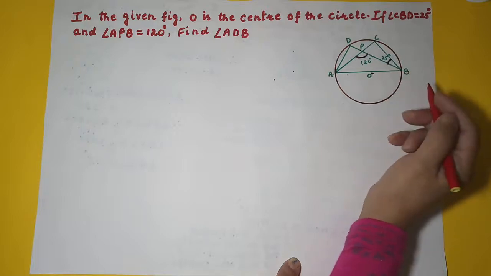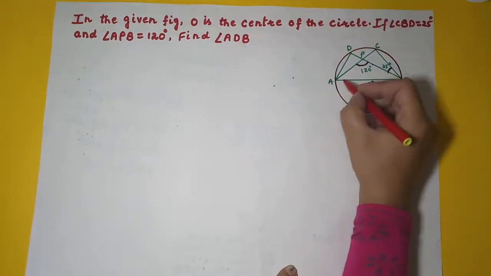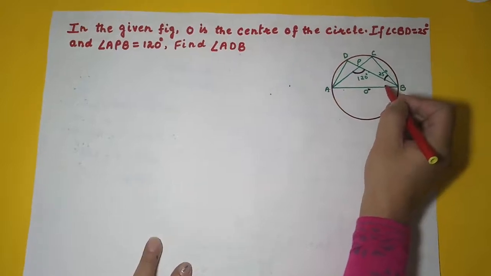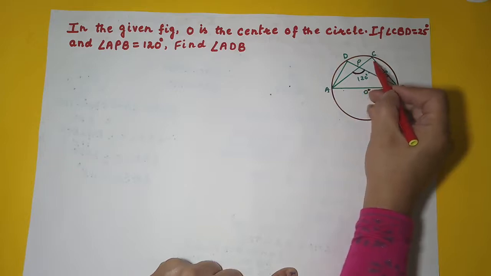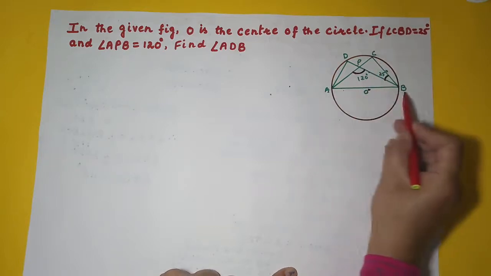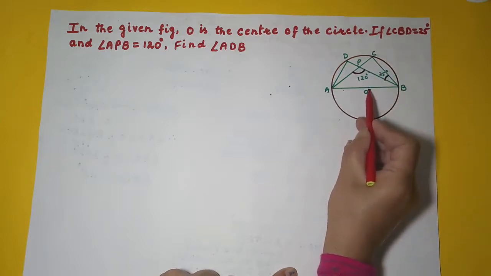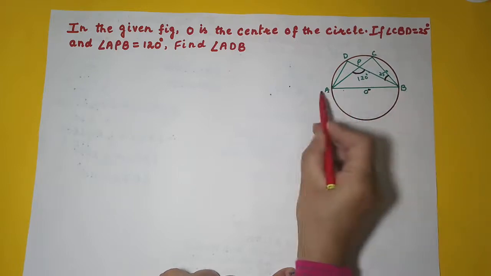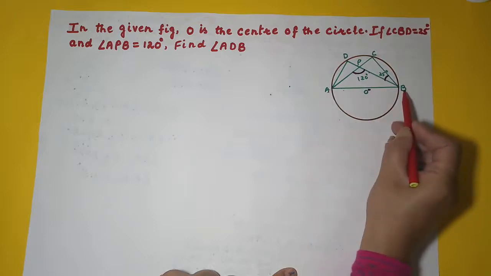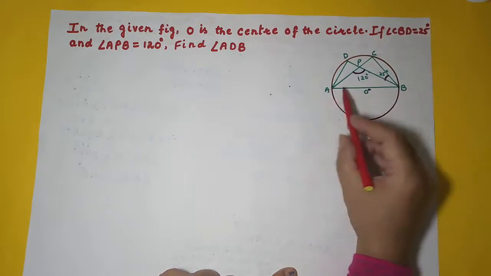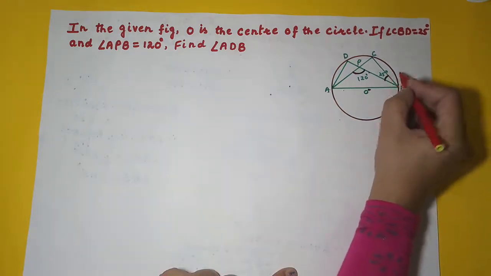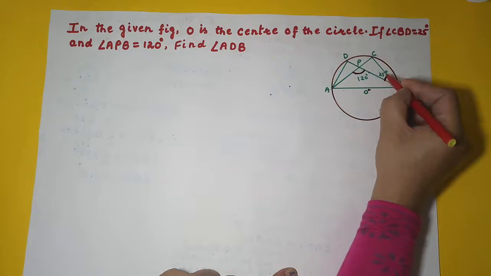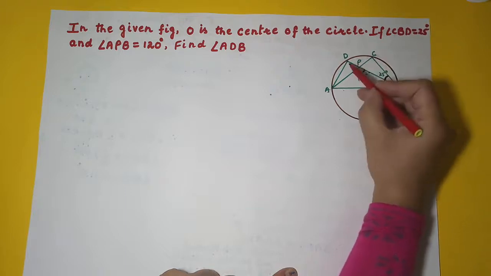Many a time the mistake we make is that we take this angle ACB as 90 degrees, because we assume that it's the angle in the semicircle. It is an angle in the semicircle only if AB passes through the center. This time it's not passing through, so you have to be very careful. If AB is passing through O, then only it is a diameter. Otherwise, it's a simple chord. Now, I have been given that this angle is 25, this is 120, and I have to calculate this angle.